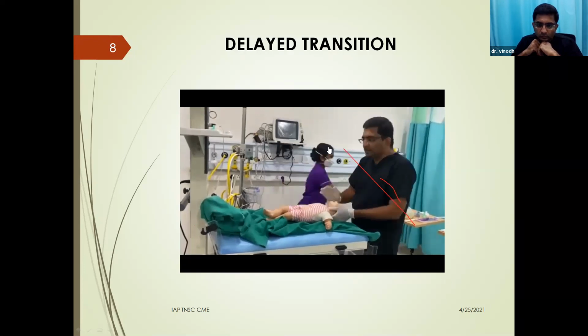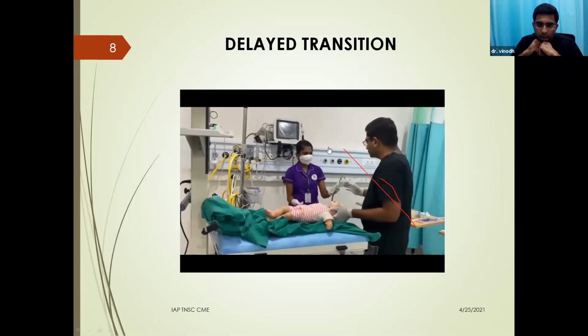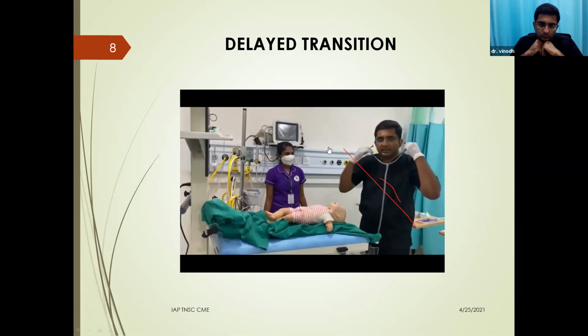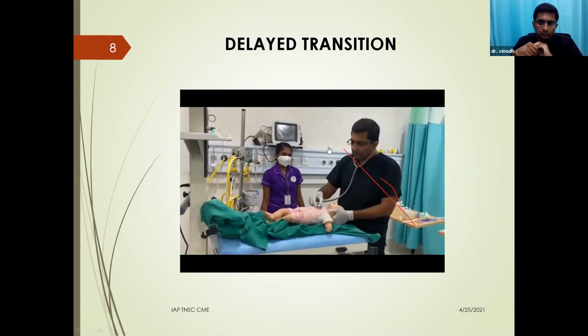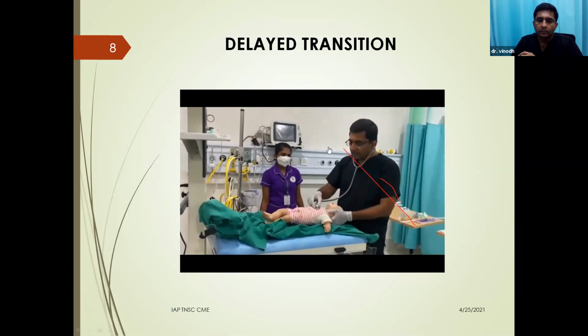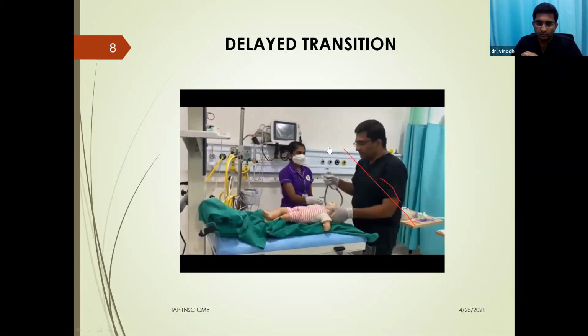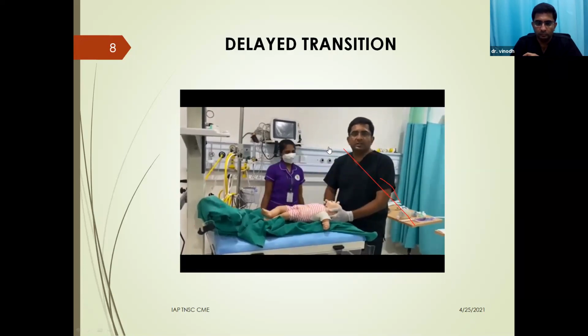Heart rate at this stage has to be evaluated by using a stethoscope. Stethoscope, please, sister. Count the heart rate for 6 seconds and then multiply it by 10. It has to be auscultated over the left side of the anterior chest wall for 6 seconds. And when you multiply by 10, you will get the heart rate for 1 minute. So this is how we are supposed to evaluate the response after the initial steps.